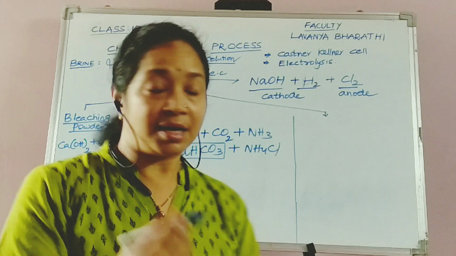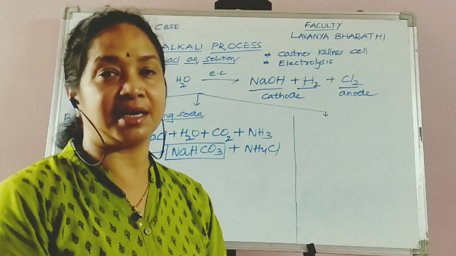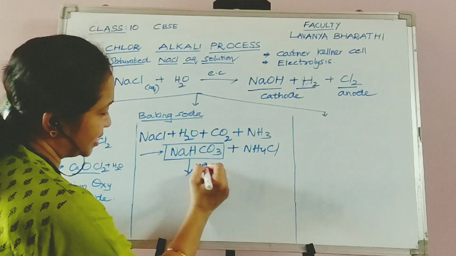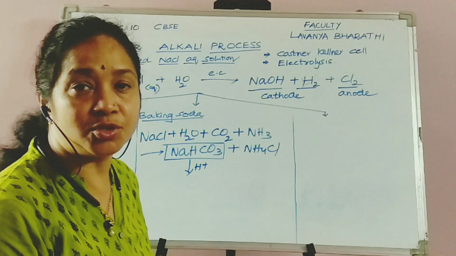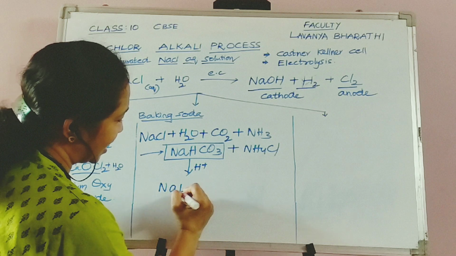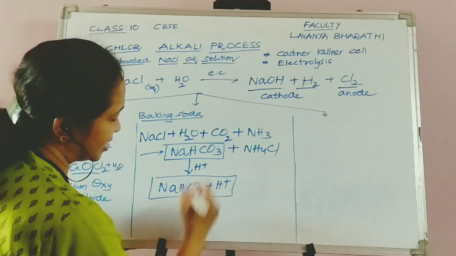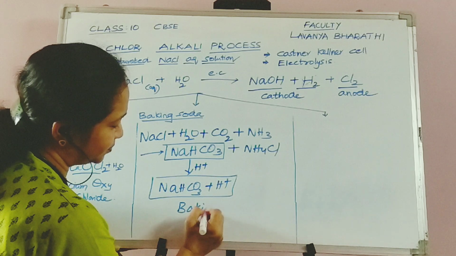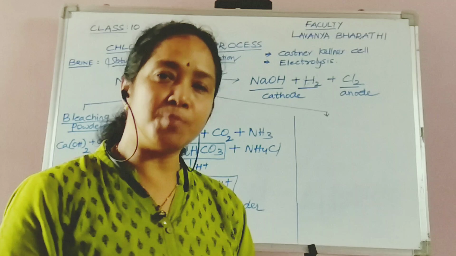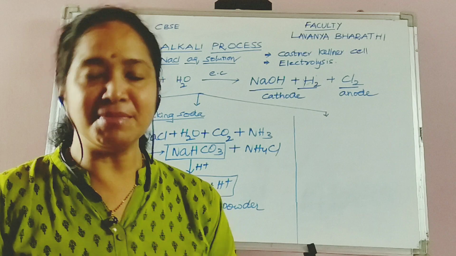Now, sodium bicarbonate is neutralized with an organic acid like tartaric acid, such that any organic acid is used in neutralizing the sodium bicarbonate, and you obtain NaHCO3 neutralized with organic acid, and this is converted into baking powder. So this baking powder is the important ingredient used in manufacturing cake, which makes the cake